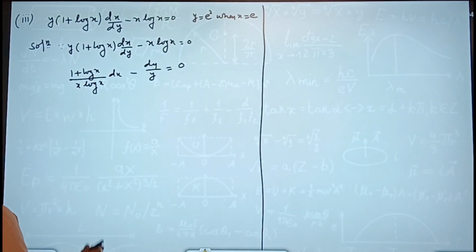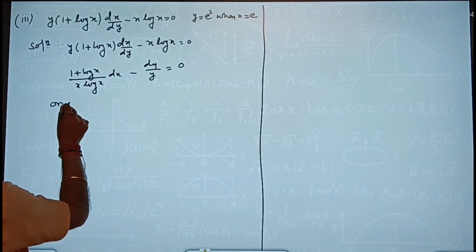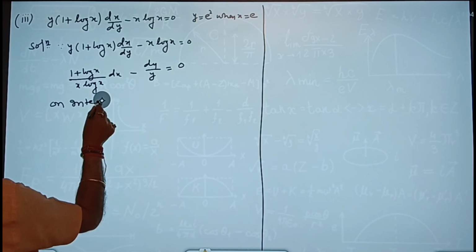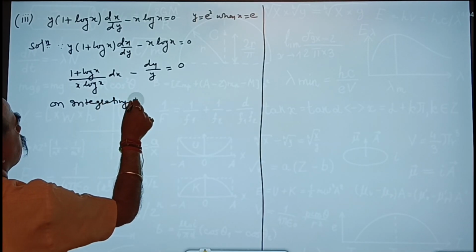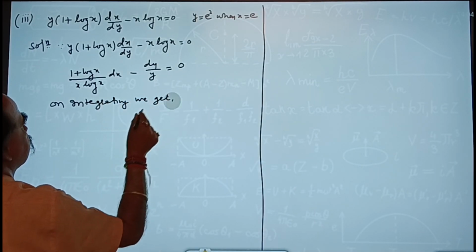Now we have separated variable. On integrating we get